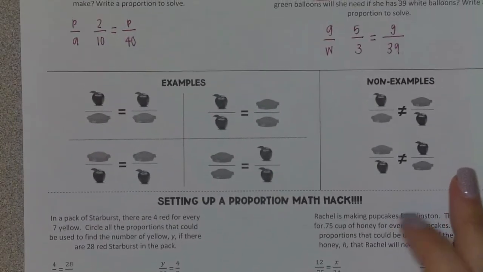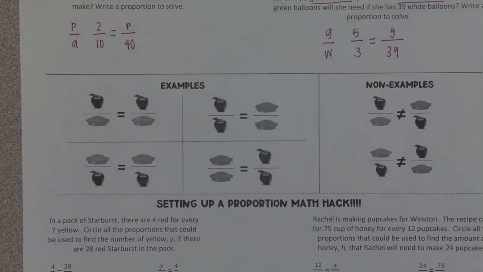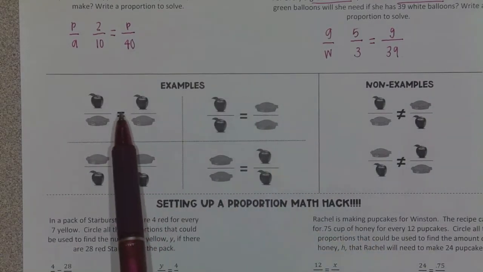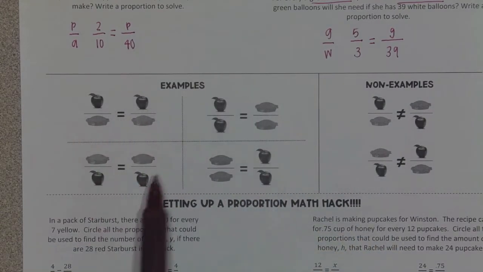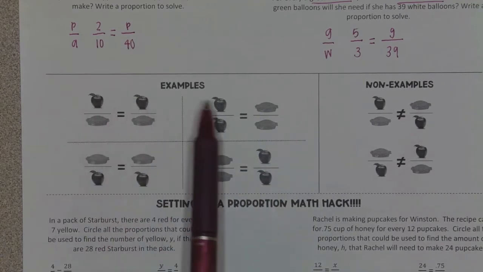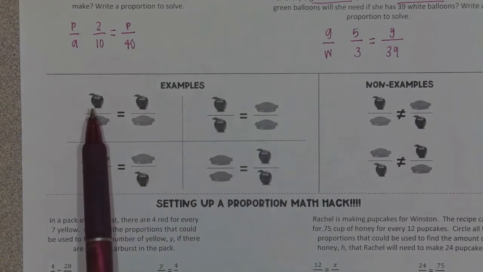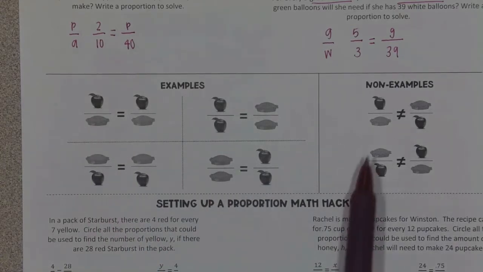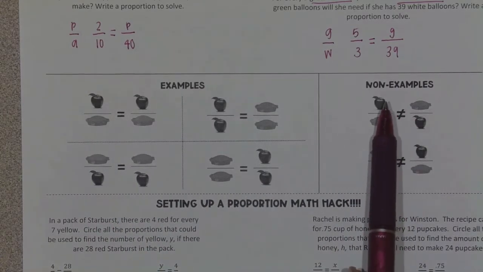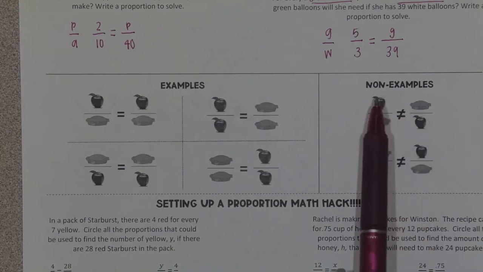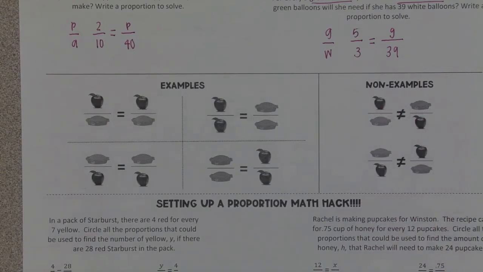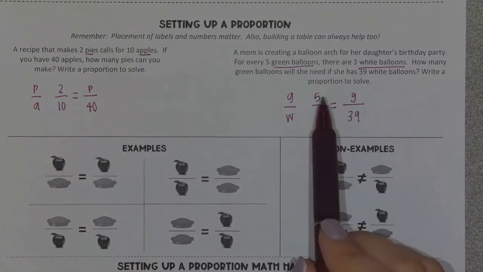So when I set up a proportion, there are lots of different ways that you can set it up. We have our examples here of our pies and our apples, and you can see that the apples always go together. They're either side by side or they're vertical. Same with the pies. What we don't want to do is we never want to put apples across from each other or the pies across from each other. So with whatever you're comparing, if I go back to my balloon example,